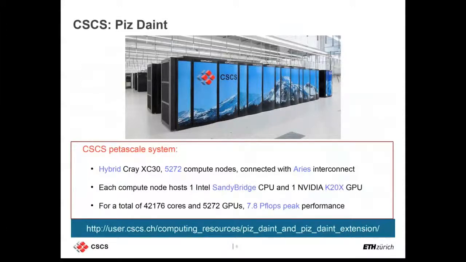And all the nodes are interconnected with the Cray interconnect, for a total of more than 42,000 cores and a little bit more than 5,000 GPUs, and a total peak performance of nearly 8 petaflops.